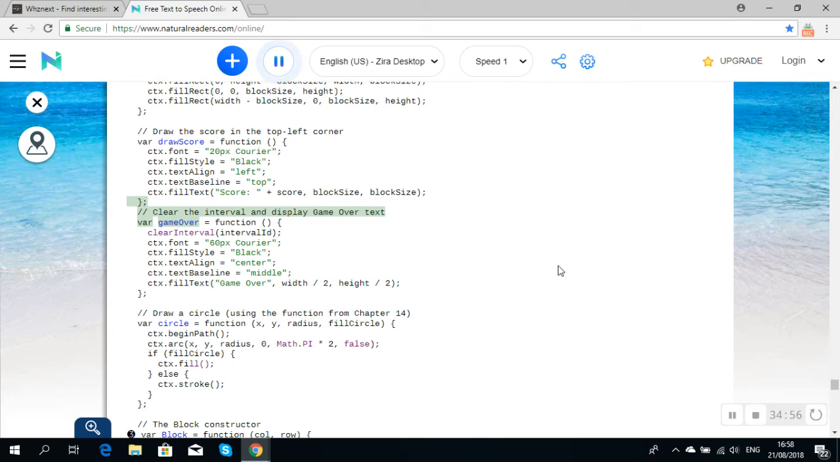// Clear the interval and display game over text. var gameOver = function () { clearInterval(intervalId); ctx.font = "60px Courier"; ctx.fillStyle = "Black"; ctx.textAlign = "center"; ctx.textBaseline = "middle"; ctx.fillText("Game over", width / 2, height / 2); };